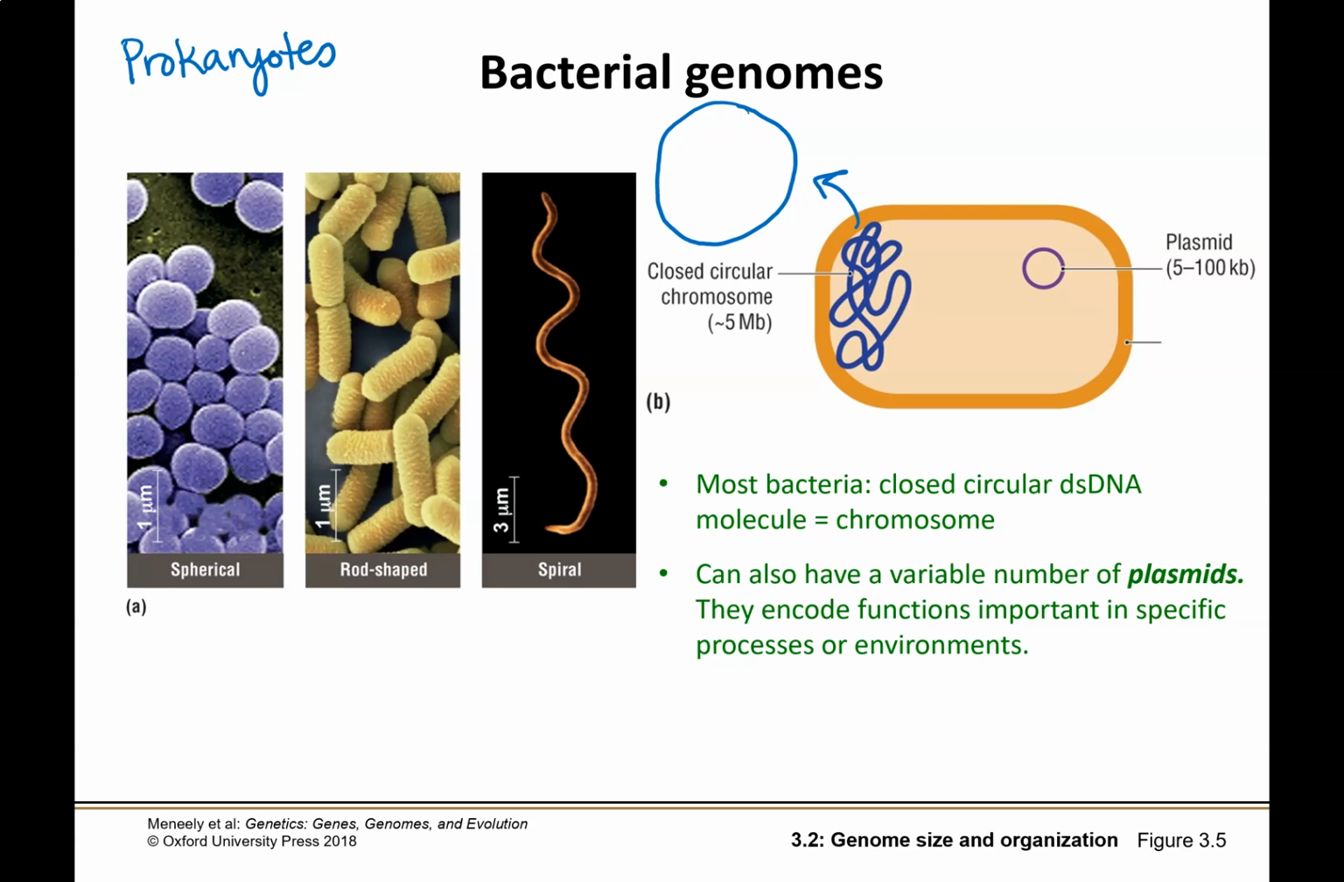Bacteria also have plasmid DNA. So plasmid DNA is a small piece of sort of expendable DNA, and this plasmid is going to be basically something that confers a particular environmental advantage. So this could be something like antibiotic resistance,